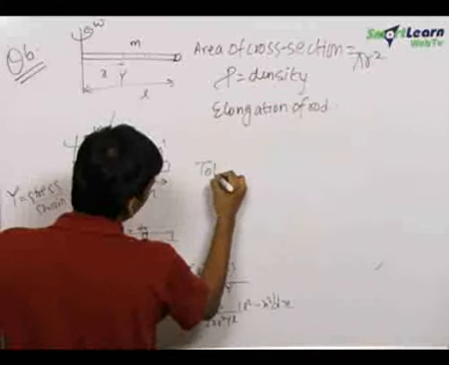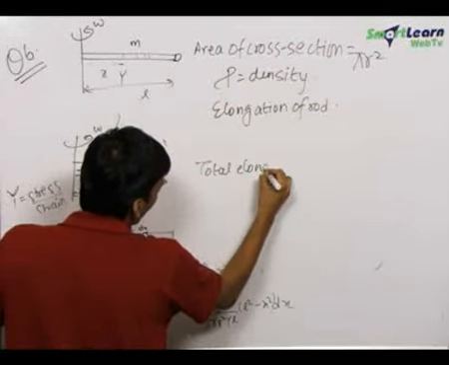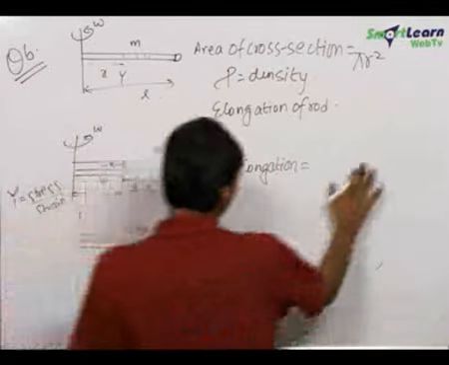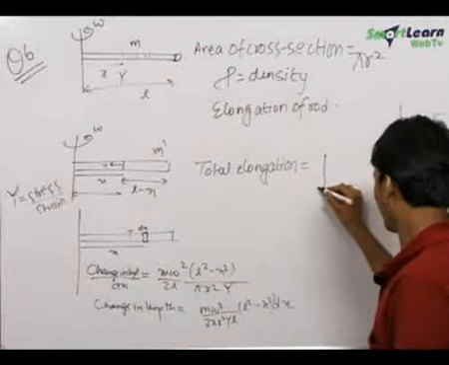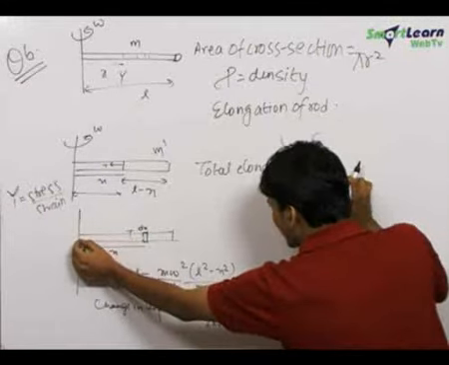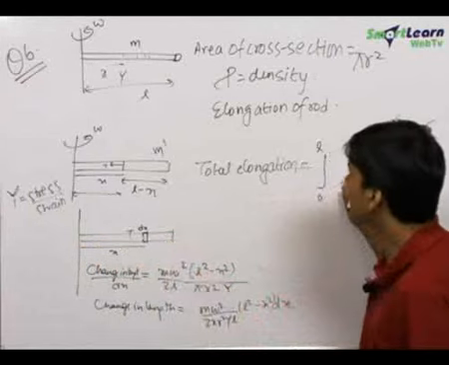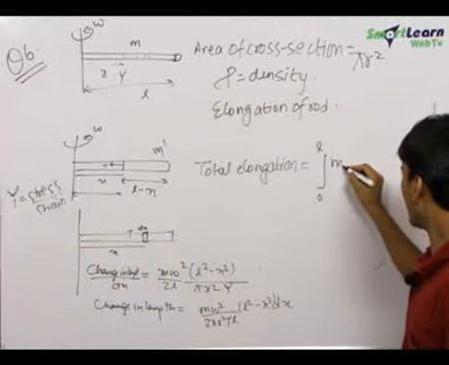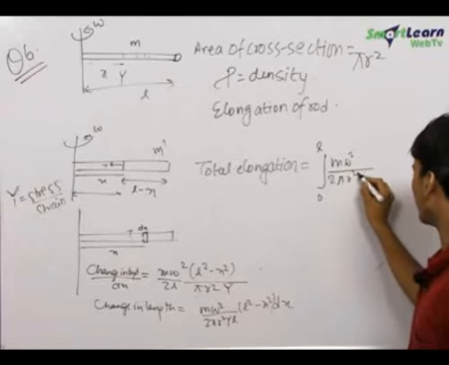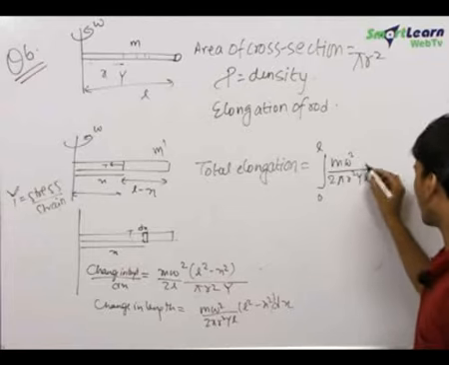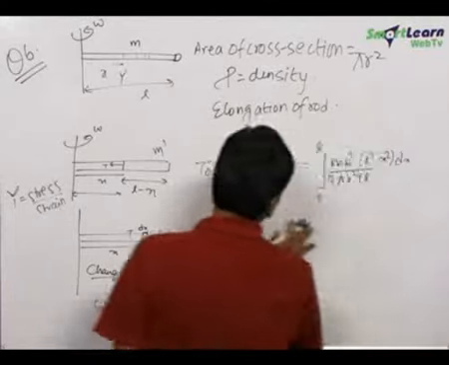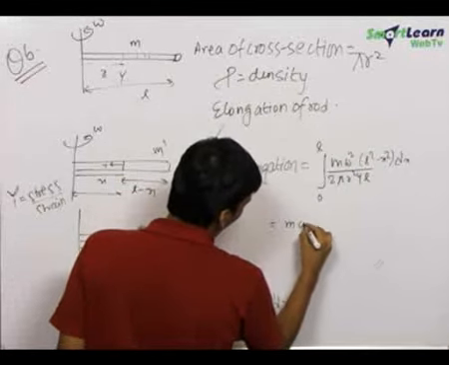Therefore, the total elongation comes out to be equal to integration 0 to L, so that we consider all dx elements from distance 0 to distance L, that is the length of the wire, m omega square upon 2 pi r square Y into L square minus x square dx. This is equal to m omega square